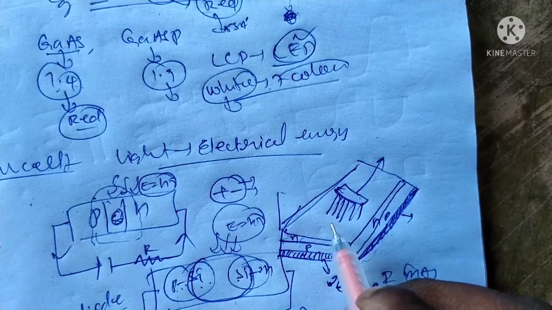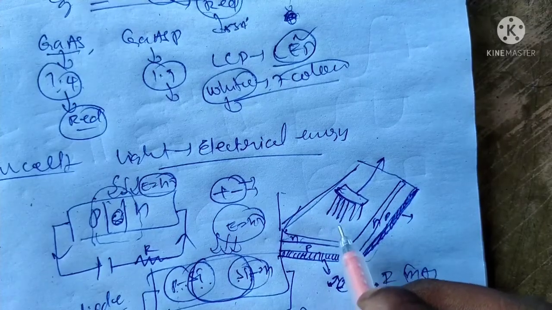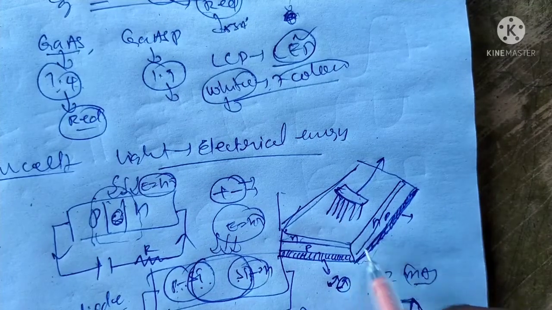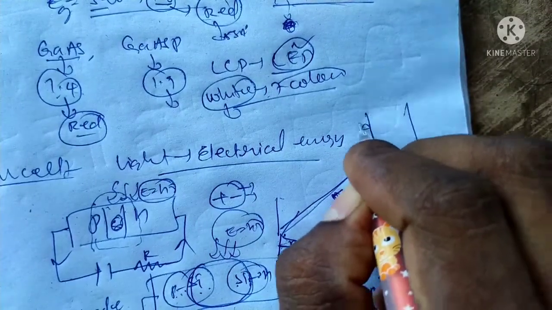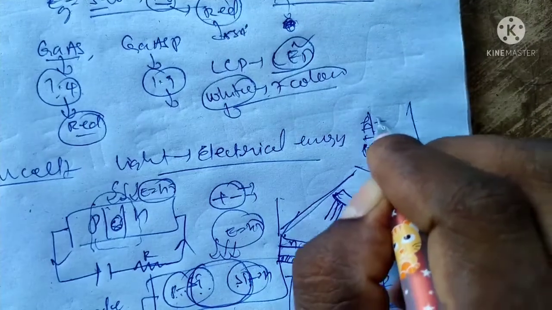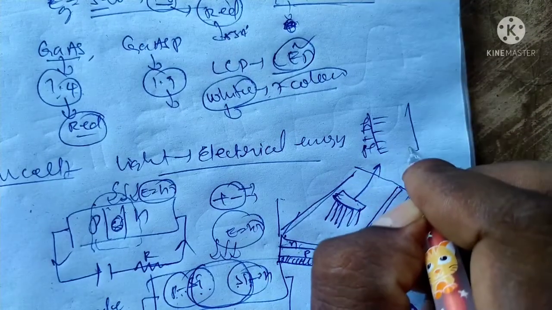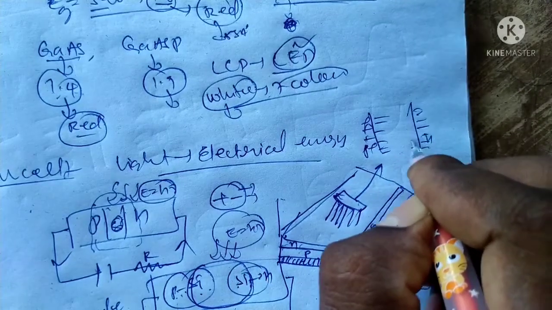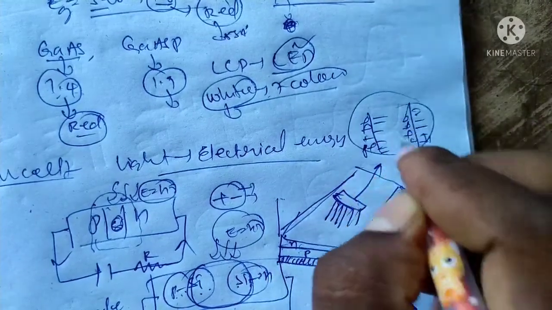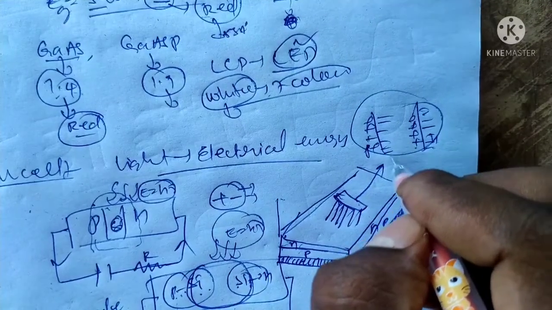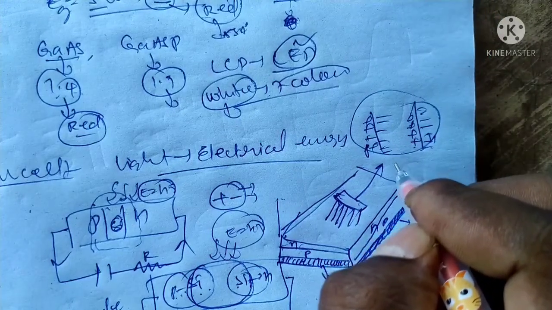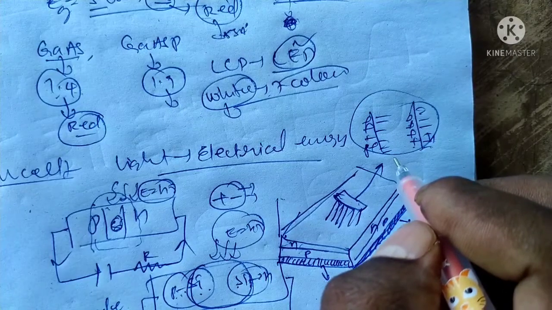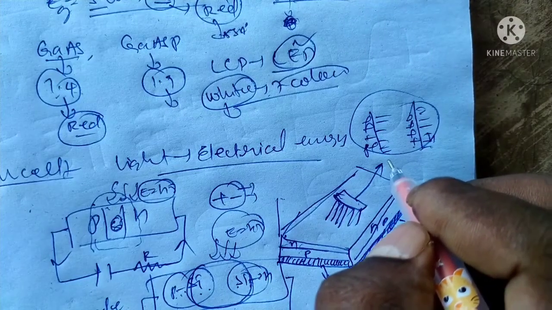The generation of induced EMF, electromotive force, is created in the solar cell because two layers are formed within the p-type: a positive layer that attracts the negative layer, and inside, negative electrons are connected with the positive layer. A diode is formed. Due to the electric field, some induced electromotive force is created in the solar cell, due to electron-hole pair generation.